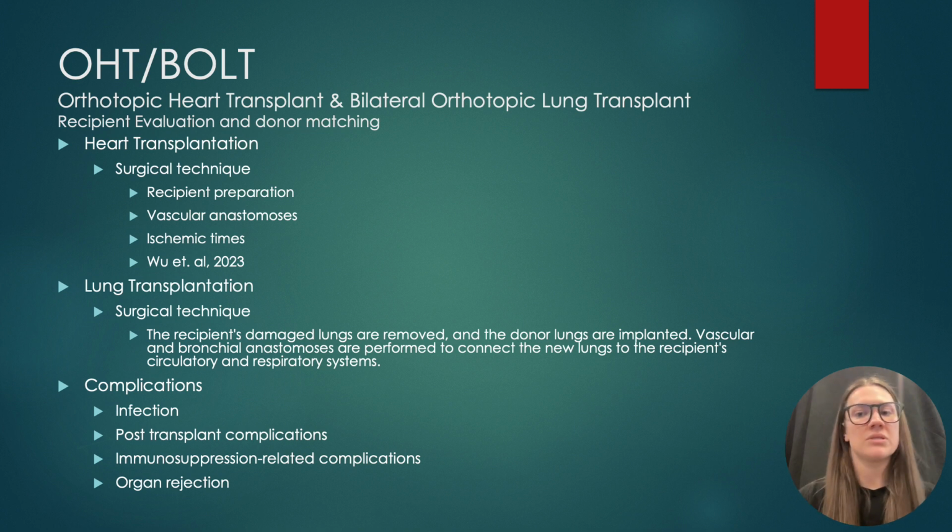The recipient's immune system may recognize the donor's heart as foreign, along with the lungs, leading to rejection. So that's why it's important to administer more thymoglobulin to help kill those killer T cells. So it's not the body attacking it; it's killing those cells that attack the foreign object, which turns out to be the heart and the lungs. Surveillance biopsies help detect and manage rejection.